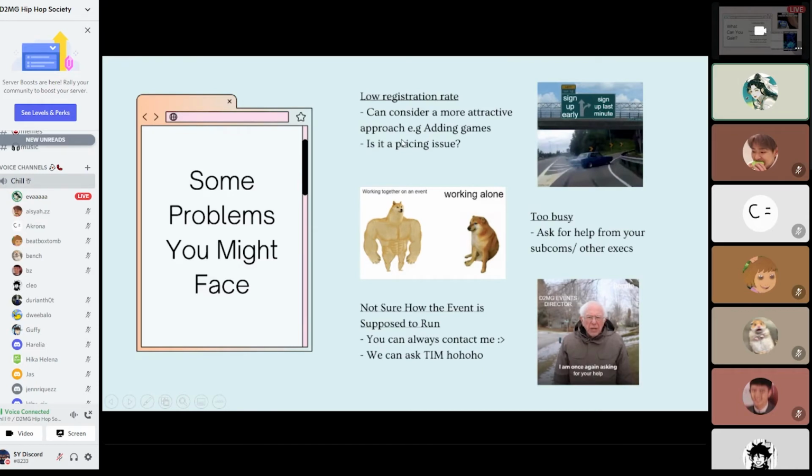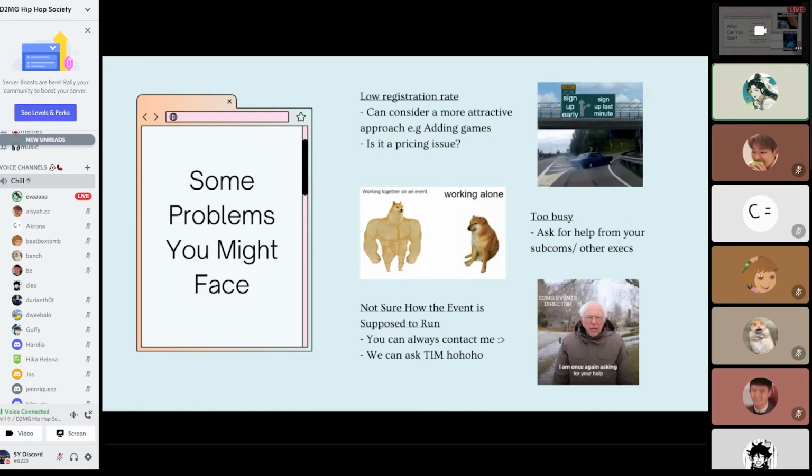A few ways to cope with this: for movie night, Jess told me that another society had the same thing, but they didn't have a really good turnout. So she suggested we switch the movie to something more attractive instead of Kung Fu Panda, and also add some games. In the end, our turnout was pretty good. So I feel like it could be a good way to cope with low registration for social events, especially when they're online.